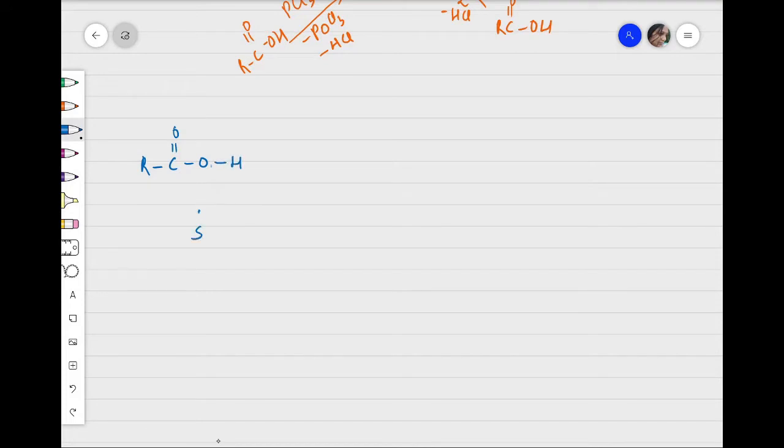when you have thionyl chloride here, okay, this is how the structure of thionyl chloride is. What we see is that there is an attack to the sulfur center, and you have a movement of this bond to Cl. So you have an elimination of HCl. So when I eliminate HCl, I end up getting a transition state which is like this.